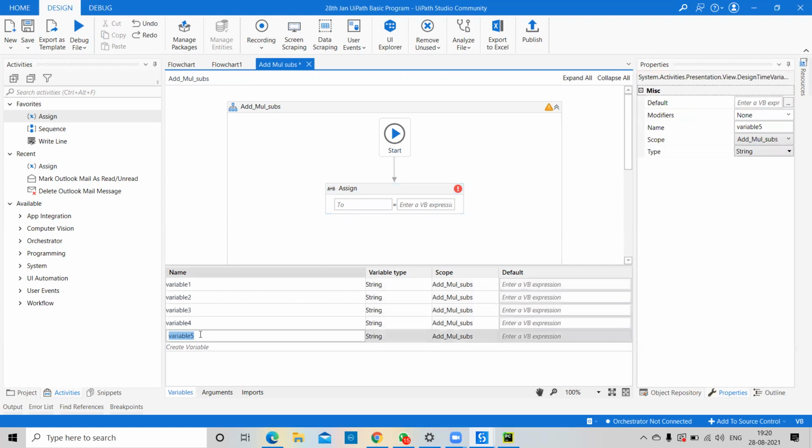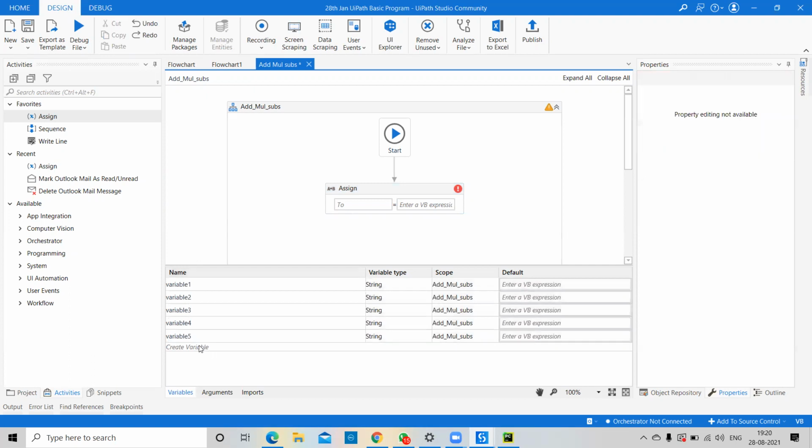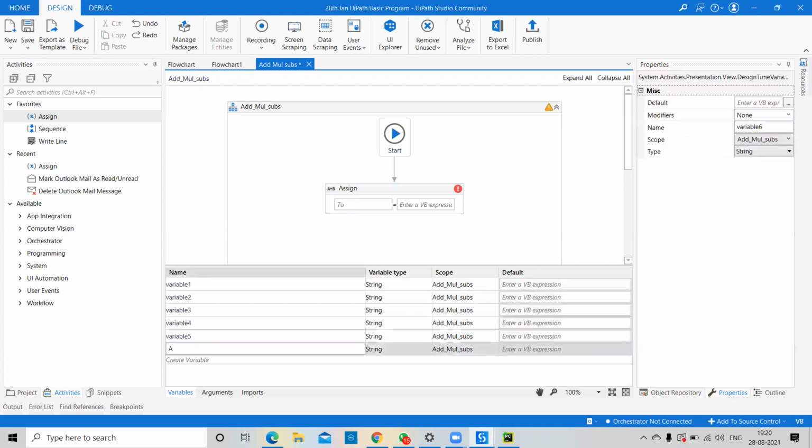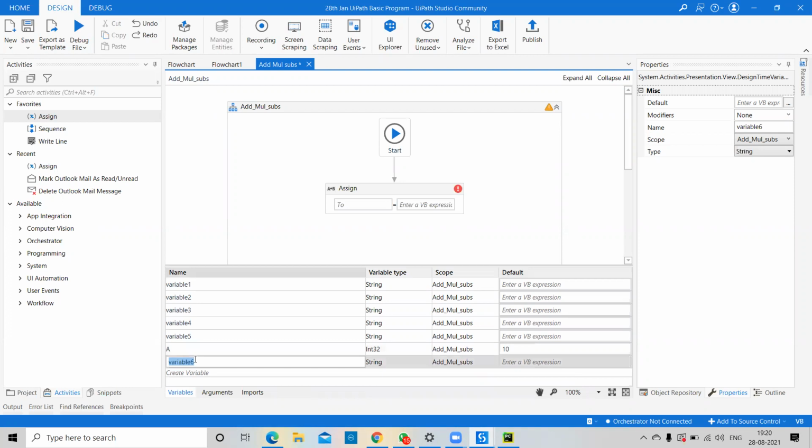Right now I want to create a variable called a. I have created the variable a, and here I can define it as an integer. By default we have integer data, and an integer does not require any double quotes. Directly I can pass 10. Here again I'll create one variable called b, also an integer variable, and here I'll pass 5. So 10 plus 5.